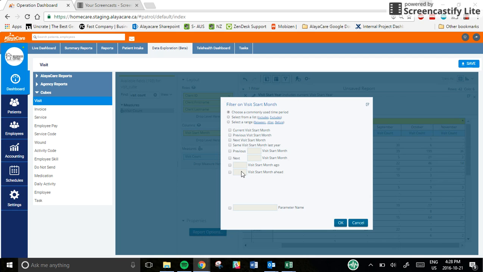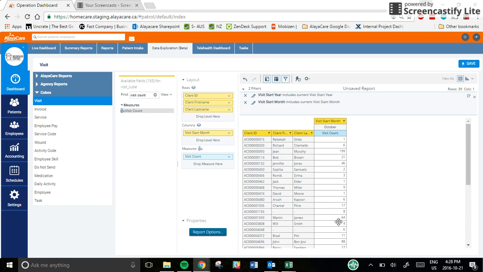And similar to the dialog box that appeared when I created my visit start year, I have a couple options. So I'm going to go with the current visit start month. I can choose whatever I'd like, but for this example, I'm just going to go with current visit start month. I'm going to select OK after I've chosen my filter. And now only information for the month of October is going to appear in my report per client. So for example, this third client ID, AC and ending with 093, for Gene Murphy, has 199 visits during the